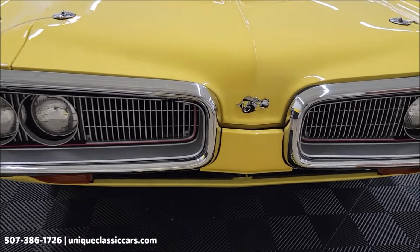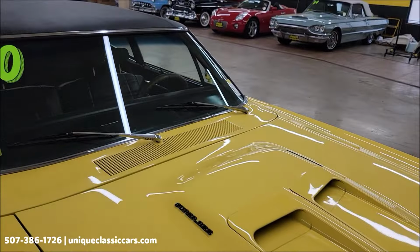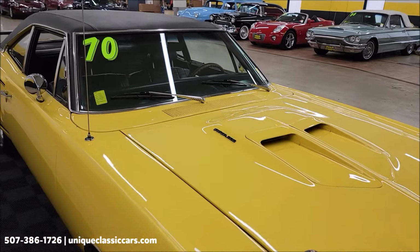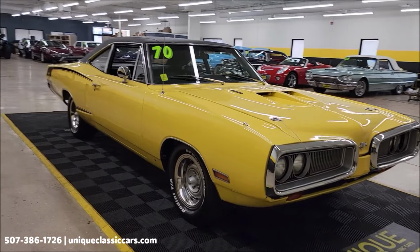Of course, 1970, one of the more popular model years. Original banana colored car, black vinyl bench seat. So still looking very much the way it would have looked back in 1970. Full black vinyl top. Check out the still pictures,